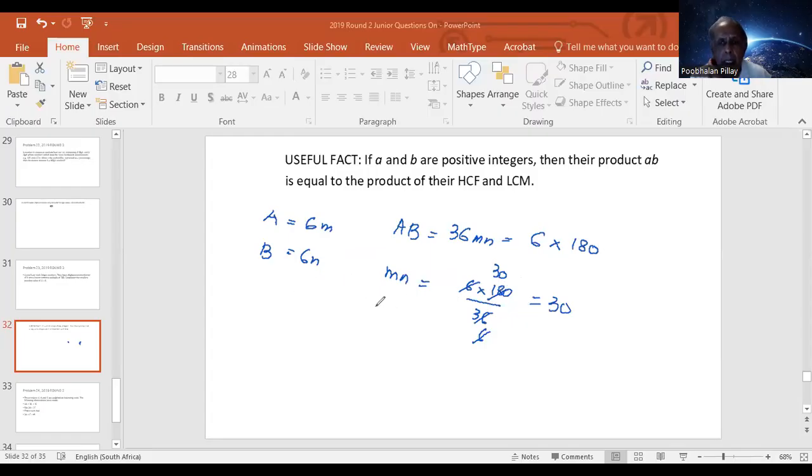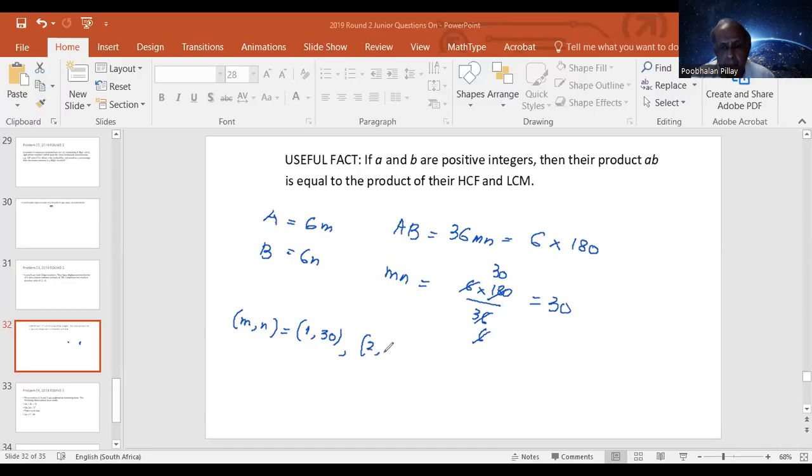Okay. Now, we don't know what m and n are. There could be many possibilities. So let's look at what the possibilities for m and n are. I'll put it down like this: two numbers whose product is 30. You could have 1 times 30. I'm putting it like this, mn with a bracket, m equals 1, n equals 30. It's easier to write it like this. Or you could have